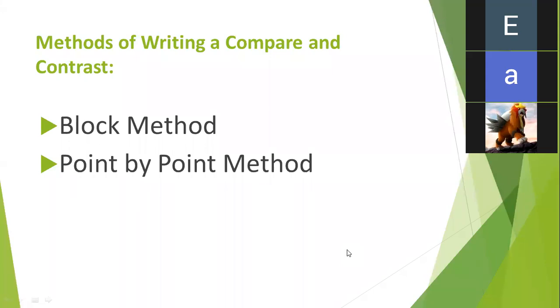Zawar, I want to take your response. I'm unmuting you. Yes, Zawar. What do we do in block method? How do we construct our essay from block method? Miss, first paragraph consists of similarities and second para of differences. Okay, and then? And then Miss, we write the conclusion. Okay. So how many paragraphs does it make? First introduction, second similarities, third differences, and fourth conclusion. 4 paragraphs, Miss. Okay, 4 paragraphs. So where do we write 5 paragraphs?